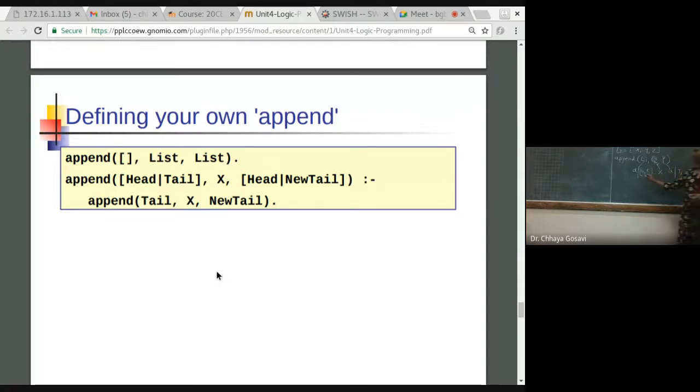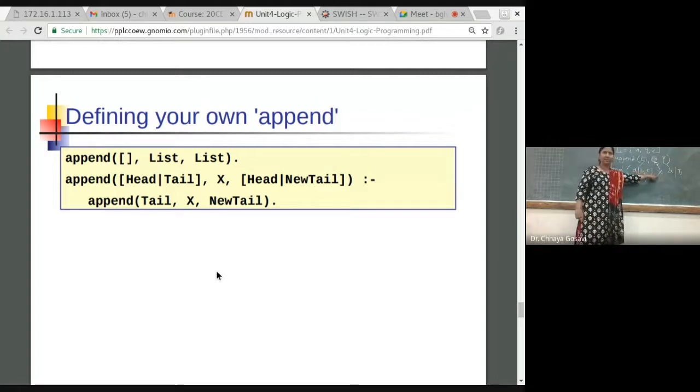So my append function is now, this is the first call, append. A is the head, first list, because these are the three parameters that we passed. L1 is head and tail. This is T, the tail. Now this is X, Y, Z, L2, the second parameter, and the third parameter is the head, whatever the head is, and the new tail, T1. Now we have to find out what the new tail is. Here one variable is T1. The unknown variable is T1.